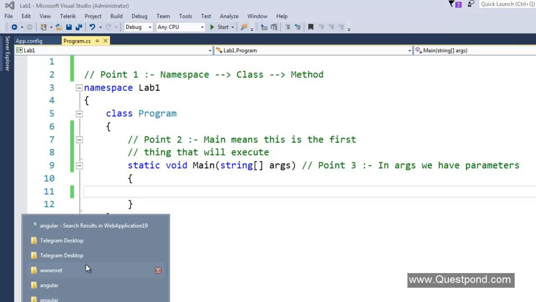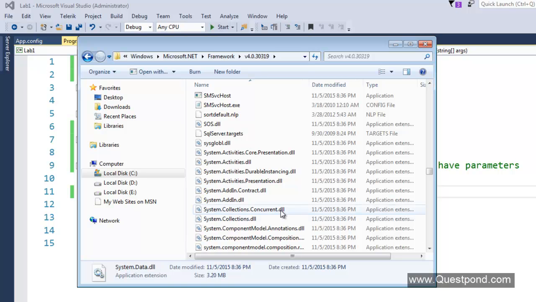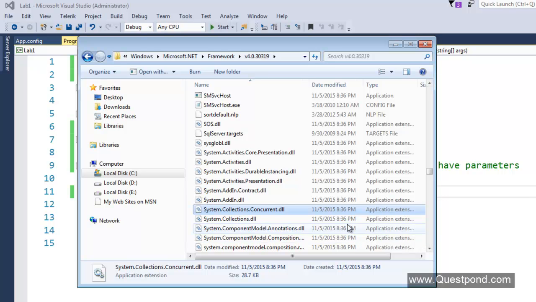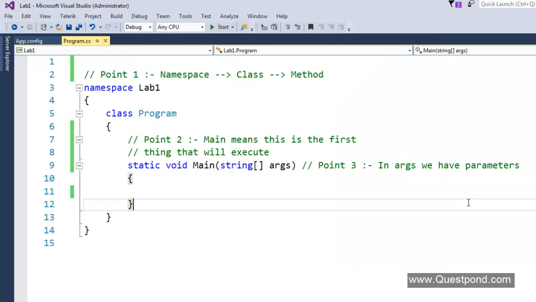Now I would like to bring to your notice that if you look very closely at the .NET framework components, you can see that everything has System at the top, and after System there is something like activities or collections, and then again there is something. So remember that the complete .NET framework is organized like System.Collections.Concurrent, System.this.that. So at the top of .NET, the main object of .NET, is System. I will talk more about objects later on, but the main thing at the top is System. So now if I want to go and print hello world on the console, I have to say here